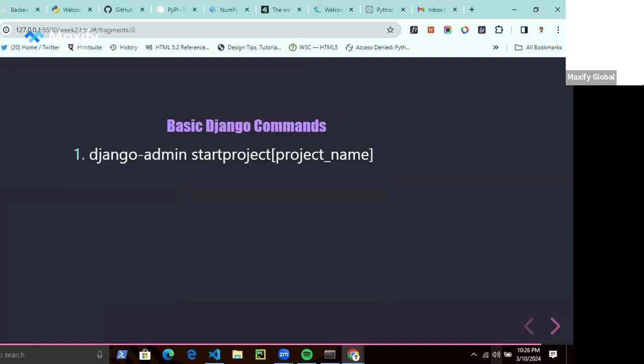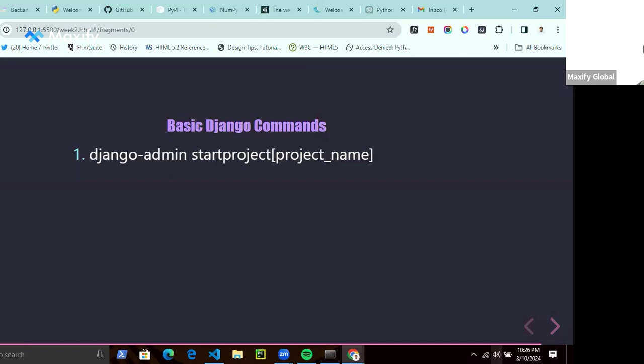Now, when starting a Django application, there are certain commands, like the start project command, that you need to know. Actually, we're supposed to install a fresh instance of Django, but we're not going to do that. We're going to start that in our next class, installing a Django project and then writing all of these commands. But let me just give a brief overview of the basic Django commands that you need to be familiar with.